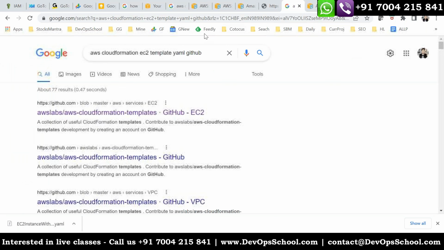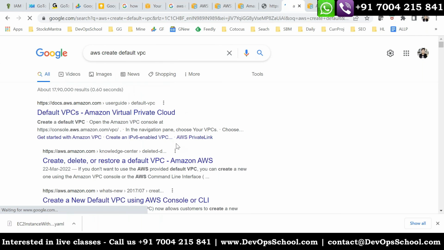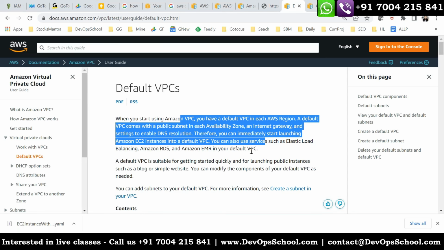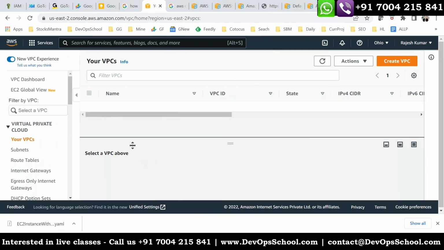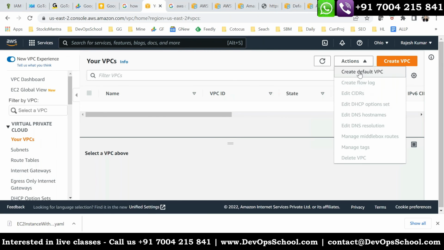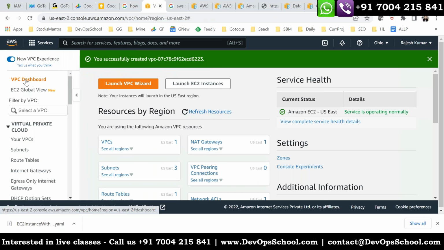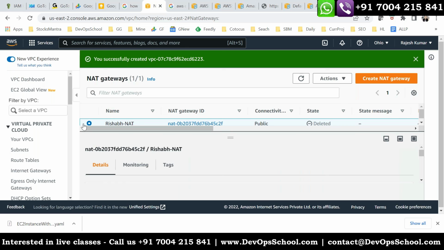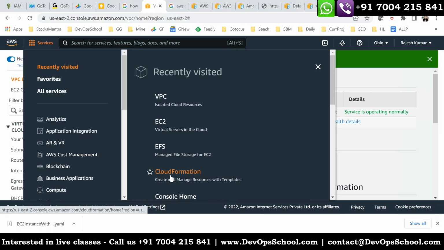wait a second, AWS create default VPC. So I need to, just a second. I should be having this option. See here, create a default VPC. That's all. So whatever corruption has happened, I restored it. And now what I'm doing right now, I'm going back to my CloudFormation script, which is here,